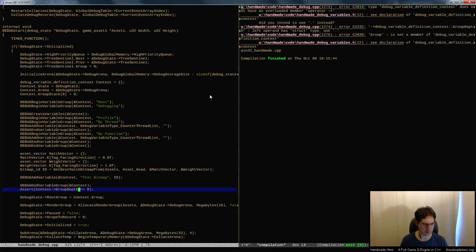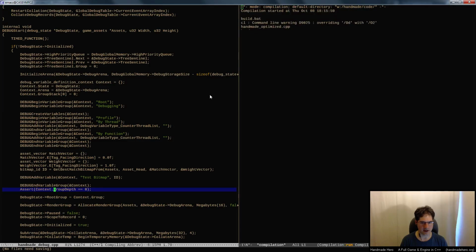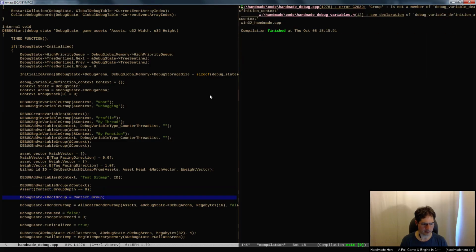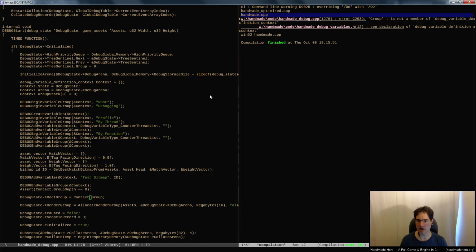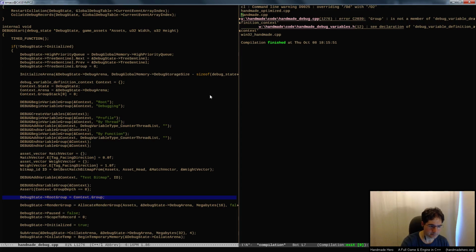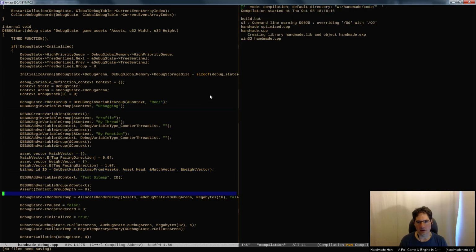What else we got? Assert context group depth. Does not have an overloaded member flag. You are correct. That is a dot. And group, context group. Is not a member of debug variable definition context. You are quite right about that as well. I agree wholeheartedly. But I feel like this should actually look like that. All right. And that's the end